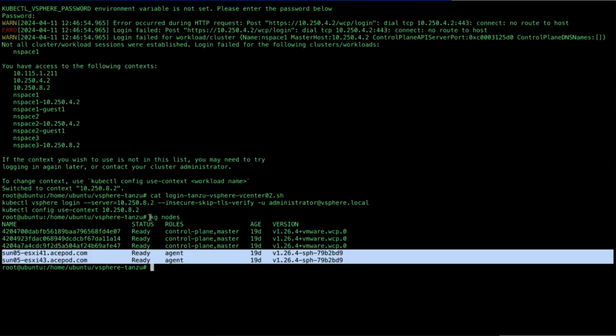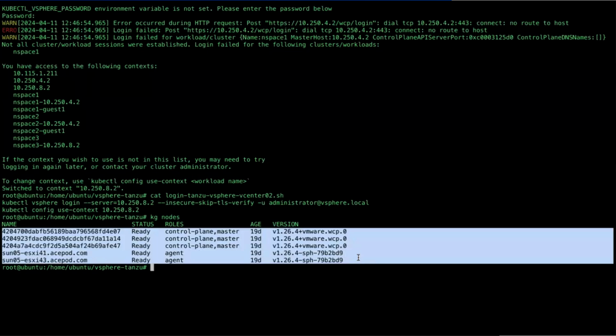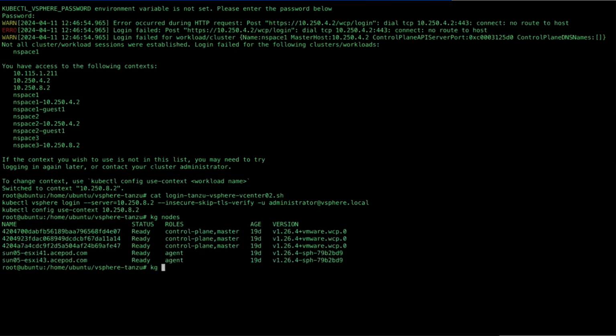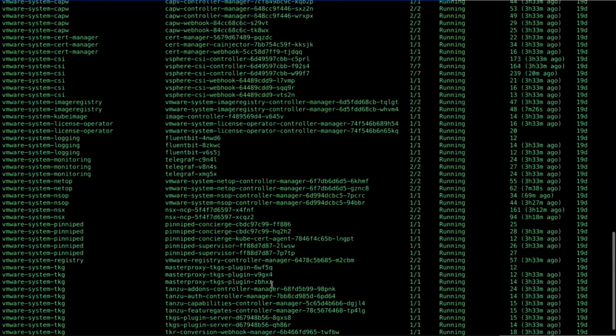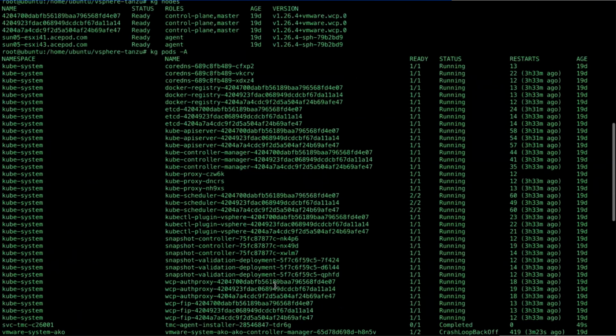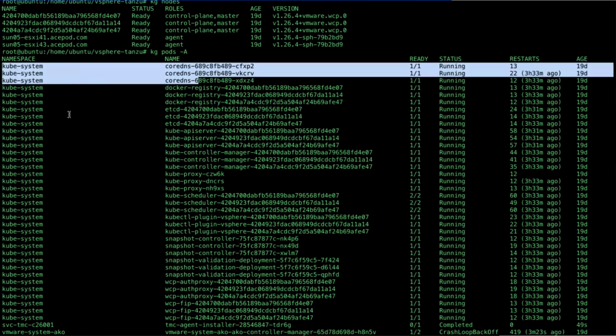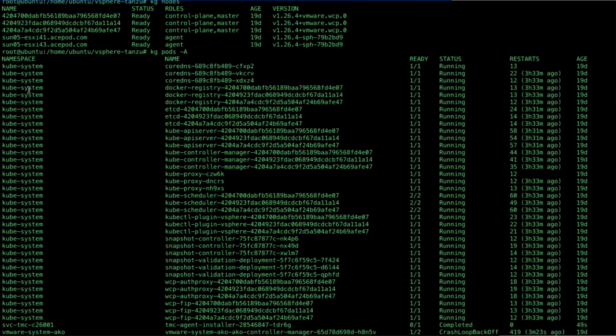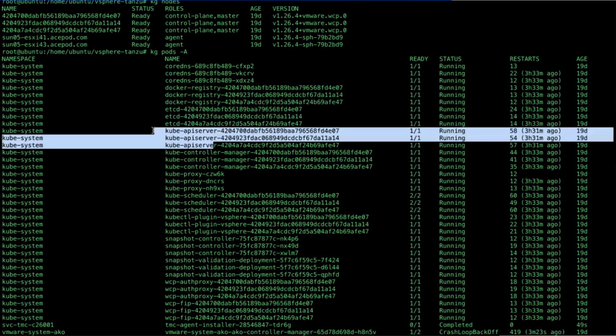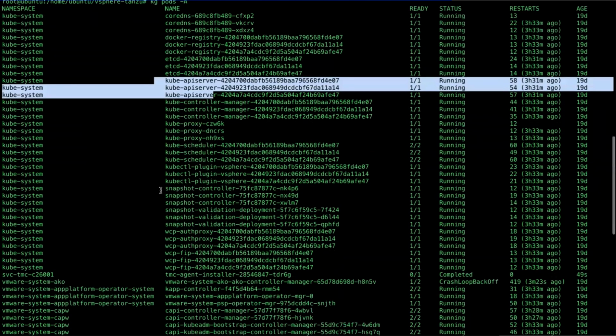You can see that I'm using kubectl commands, with a shortcut for me. kubectl get nodes, so I can see all the Kubernetes nodes. Since I'm in the supervisor cluster already, I'm going to run kubectl get pods -A. You can see multiple namespaces. These are all the services running in the supervisor control plane. So you have kube-system, like CoreDNS. These are very typical Kubernetes control plane services like etcd, kube-apiserver, kube-proxy. All these are the default Kubernetes pods,